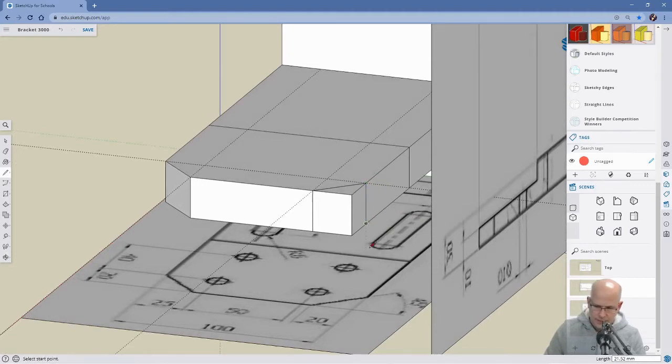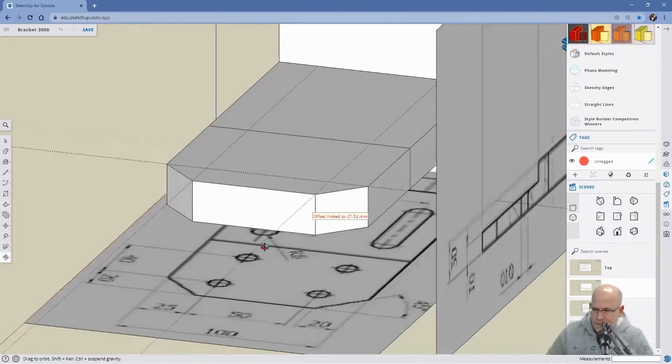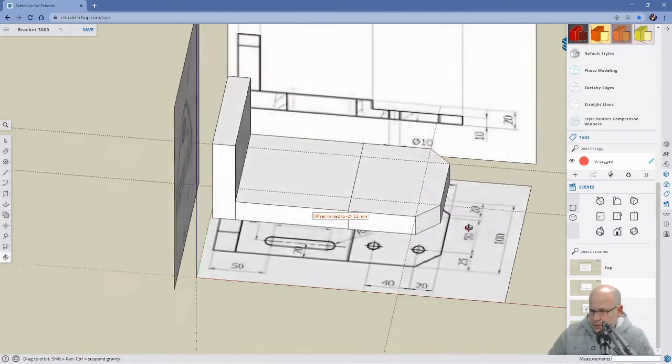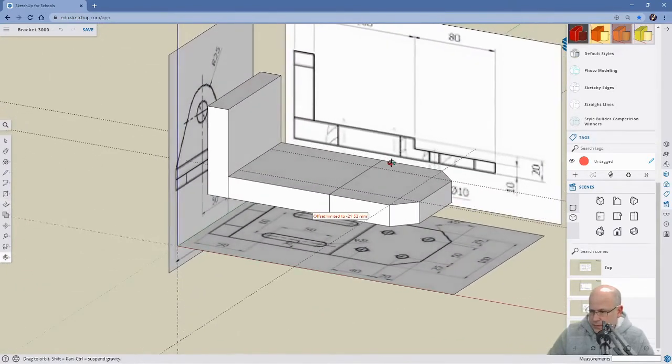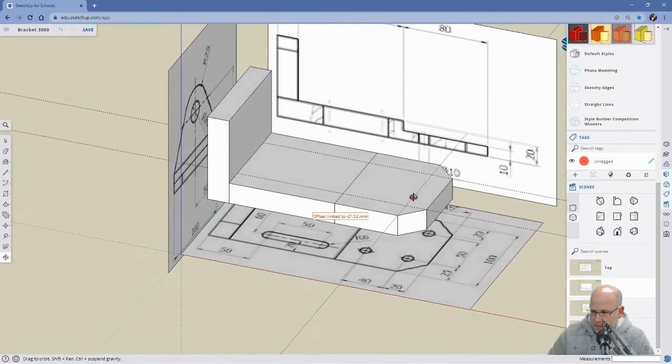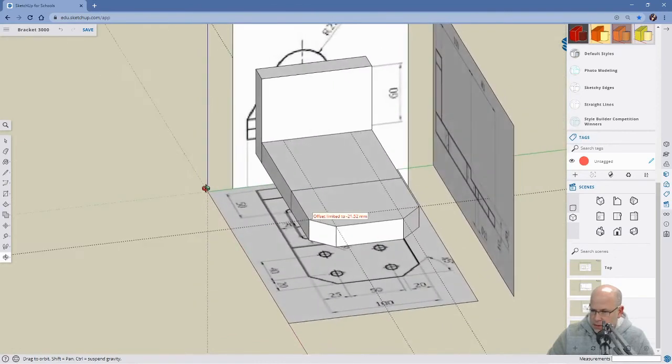There we go. Let's bring up the push-pull tool. Come straight down. Click and it's gone. All right. So, all right. Maybe we should,